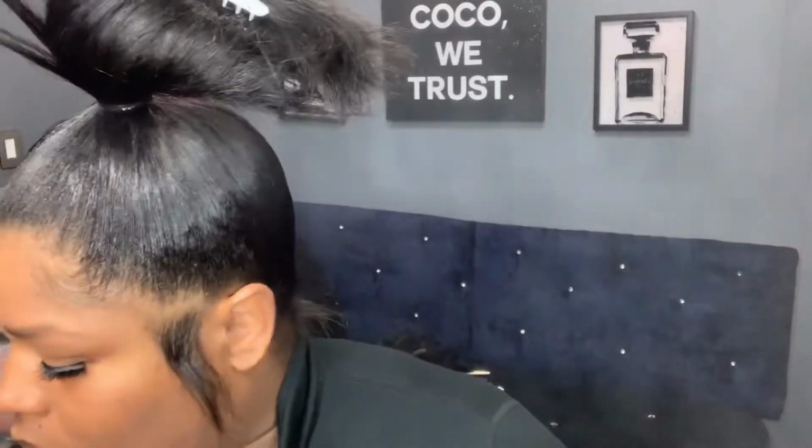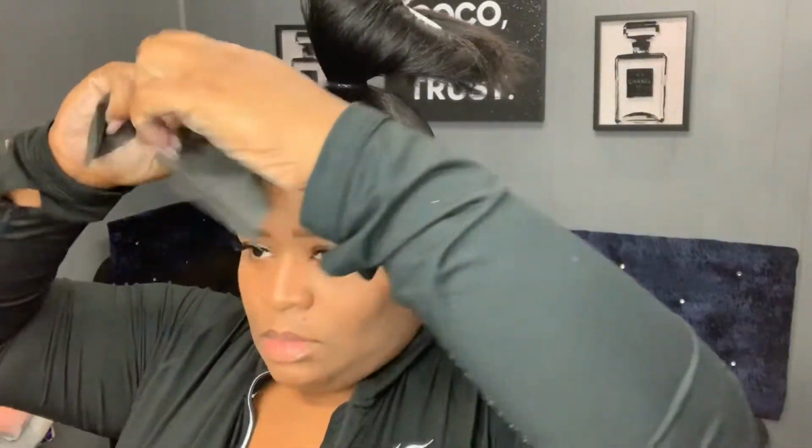Okay, yep, got my little baby hair slayed. So just go back in with some more Got To Be freeze spray and then some oil sheen. I'm using Mazzani finishing styling oil sheen, I think that's what it's called. And here I'm just going to go in with my wrapping strip. But the reason I spray the oil sheen is so that Got To Be freeze spray and gel won't stick to the wrapping strip or your